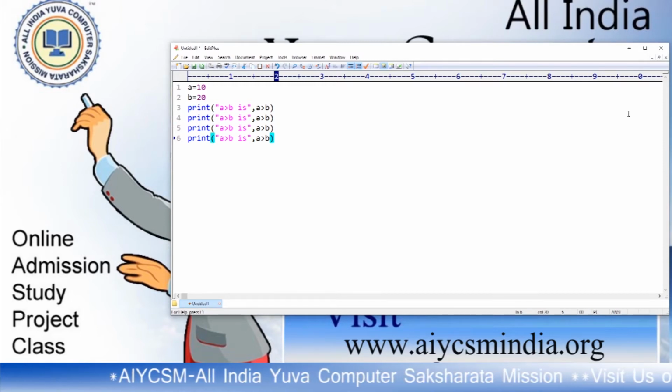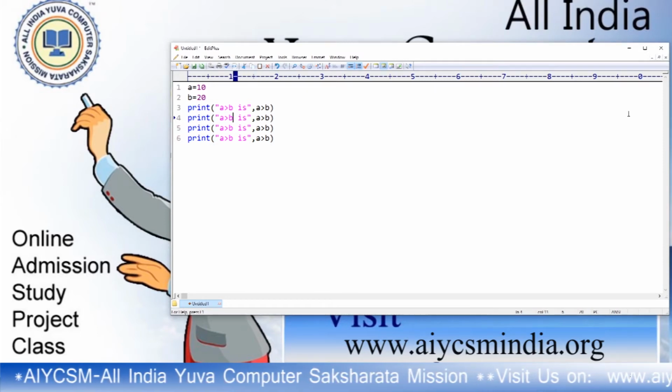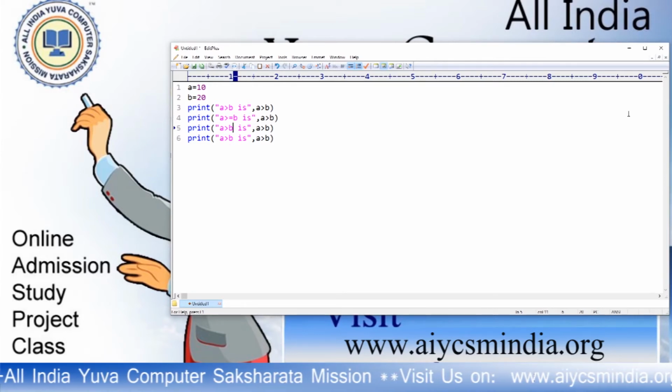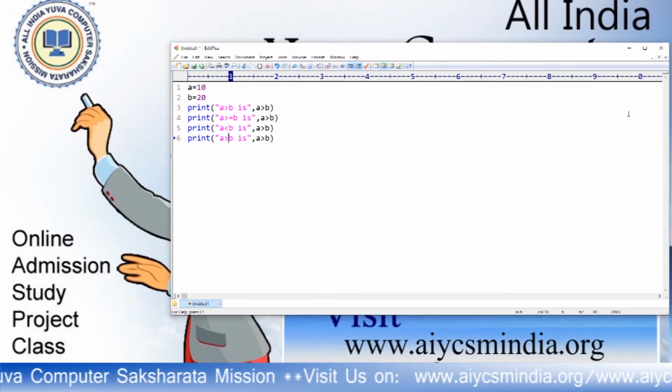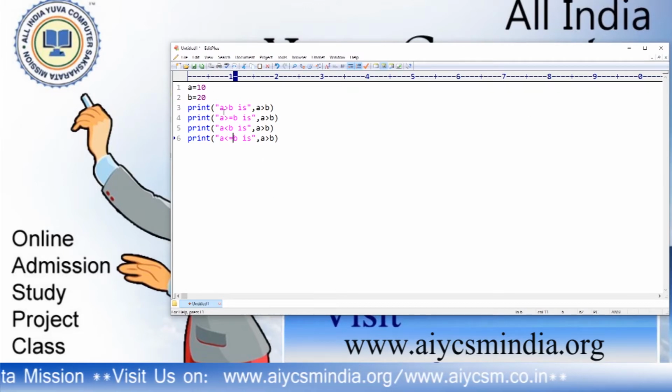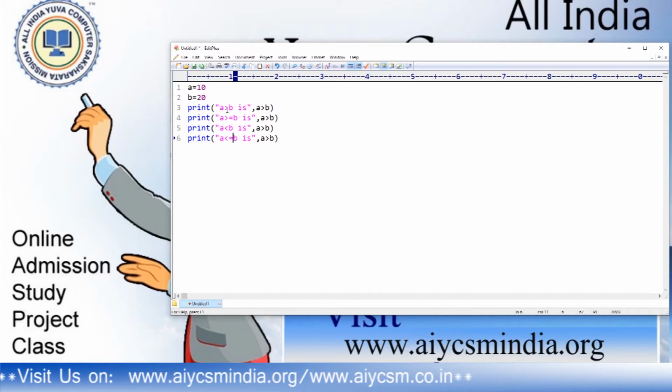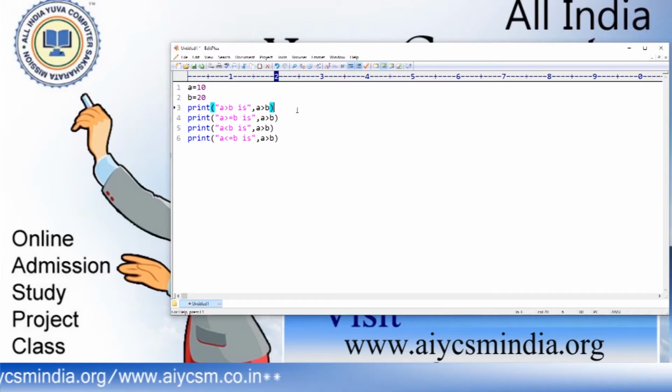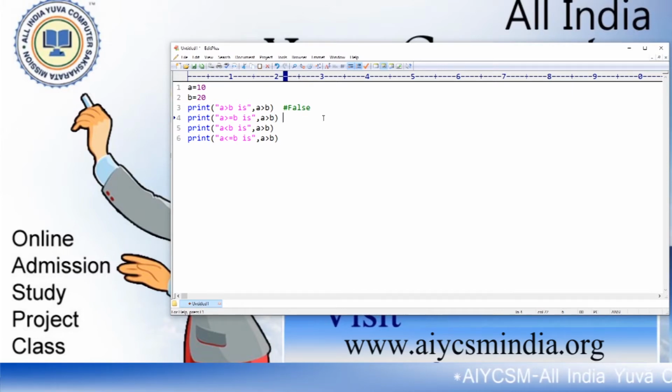Here is greater than or equal to, this is less than, and this is less than or equal to. Here the value of a is 10. 10 is not greater than 20, so it returns false. 10 is neither greater than 20 nor equal to 20, so it also returns false.